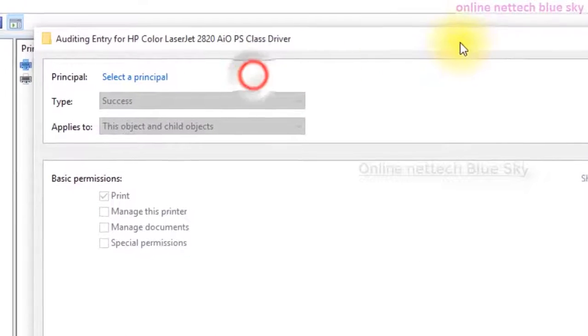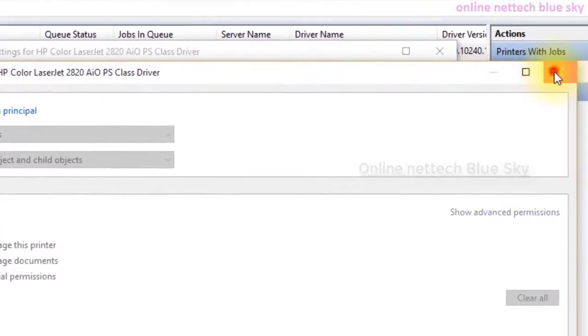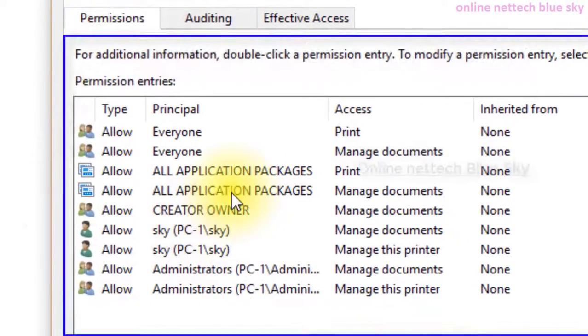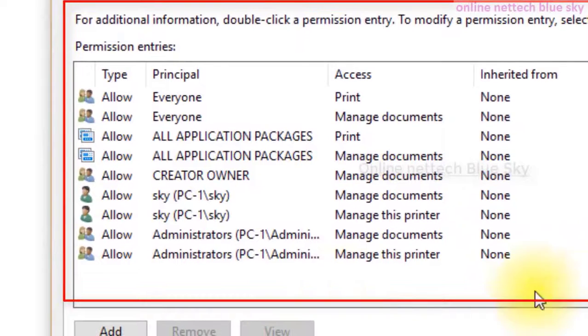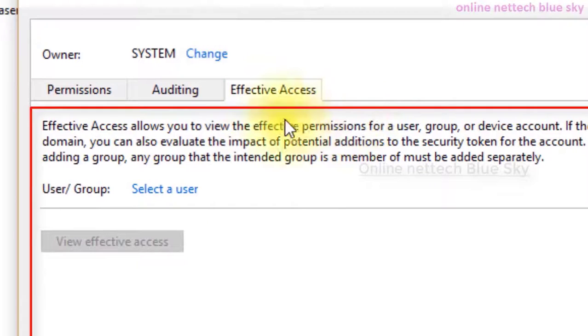So click add, and these options showing grayed out here, but not in these permissions here. So first the permissions showing here, all of the users and groups showing here. You can see the allow type here. Okay, so administrator group, and you can see access, no access, different users with different settings.